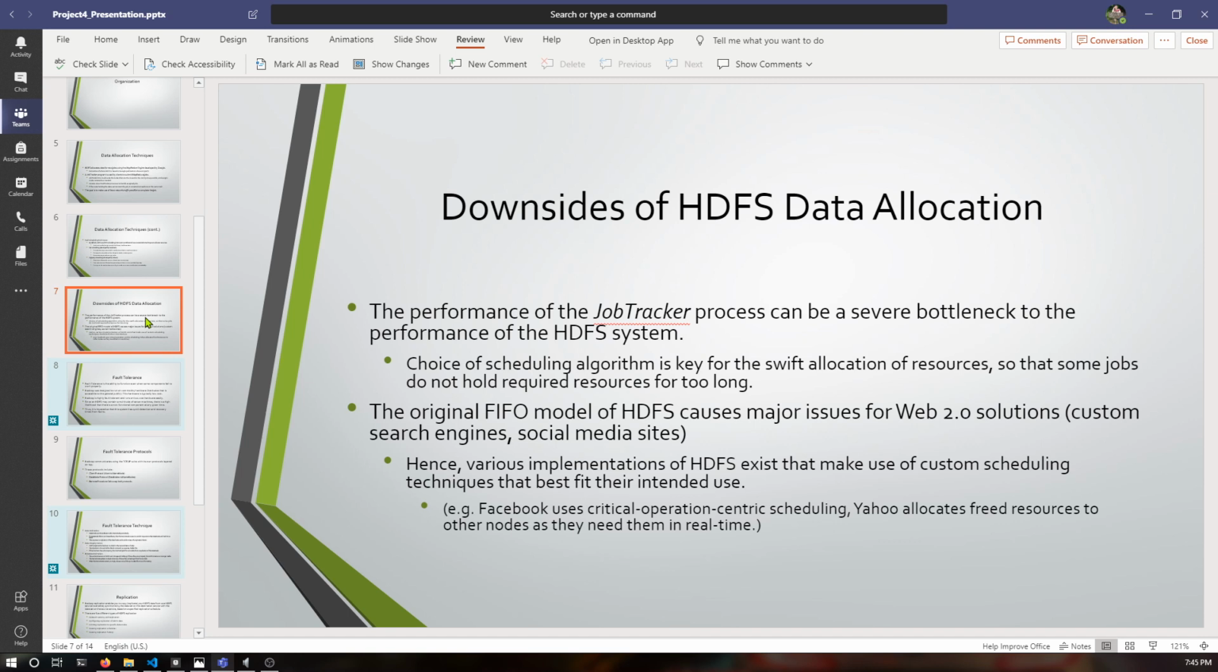In specific, because HDFS is now seeing more recent use in Web 2.0 solutions such as search engines and social media websites, various implementations of HDFS exist that make use of these custom algorithms. However, the vanilla form of HDFS that you can download directly off the internet and make use of immediately does suffer from the fact that the FIFO model is just not as optimal for today's applications as it was in